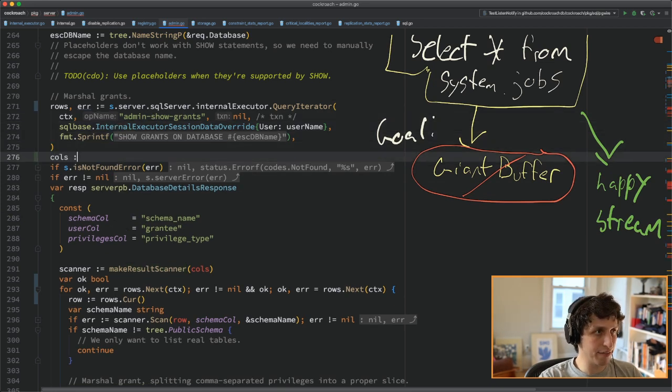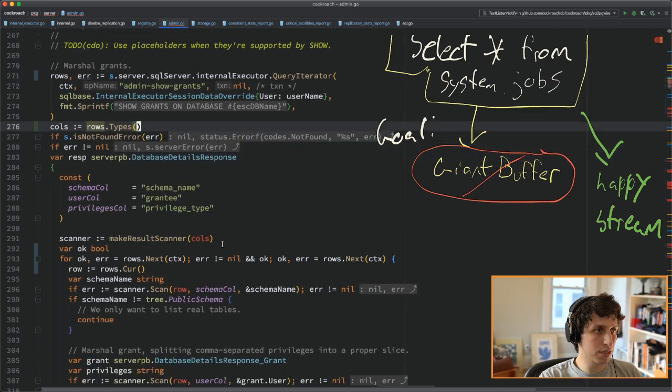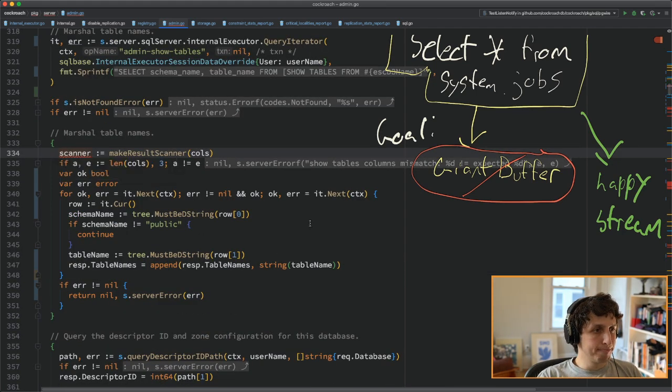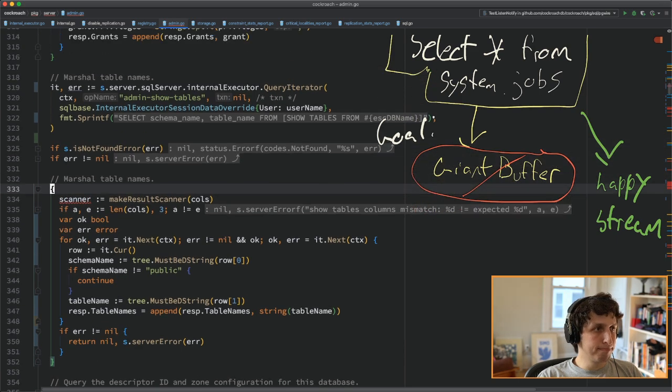So we'll say calls is equal to rows dot types. I think that's the main missing piece now, is I just have to keep changing things to